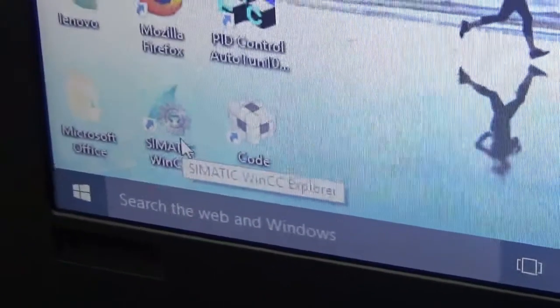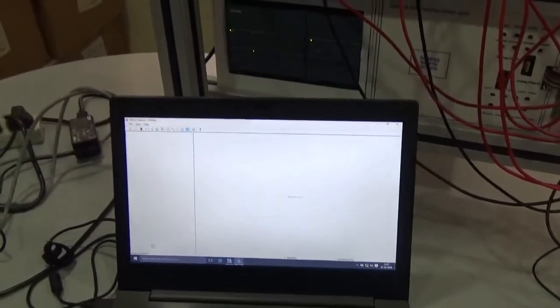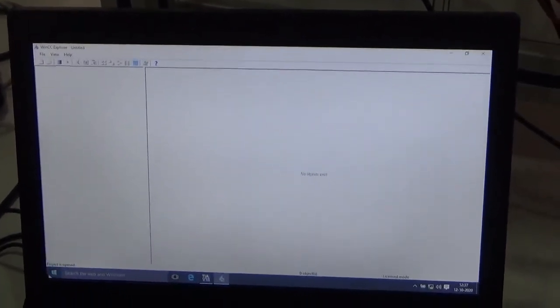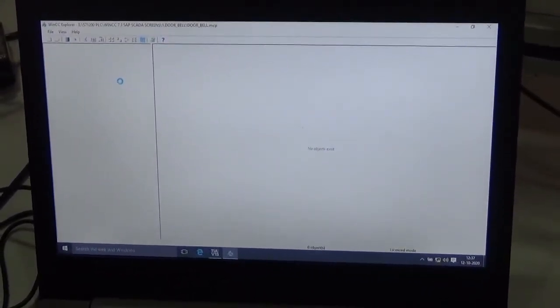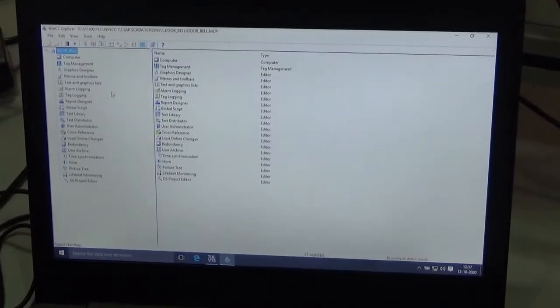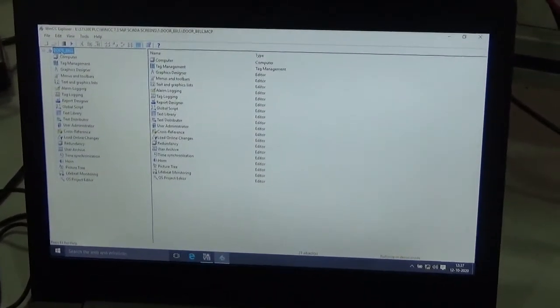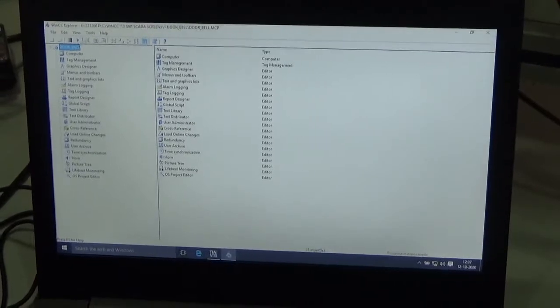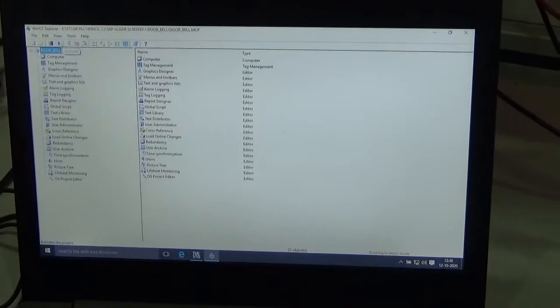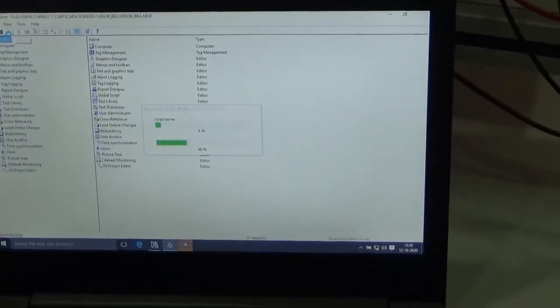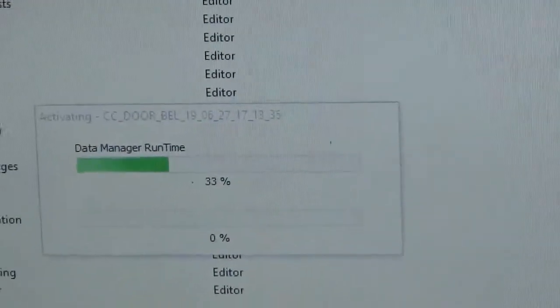Open this icon, and the WinCC screen will appear. This is a doorbell operation. So here is activate. Click to activate.